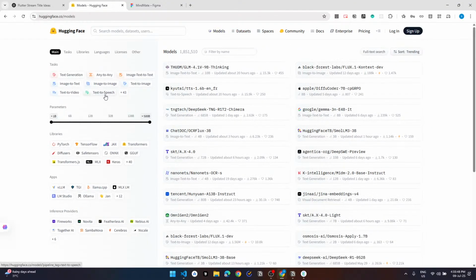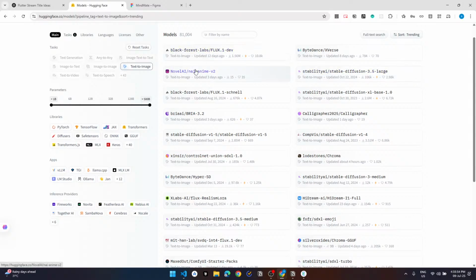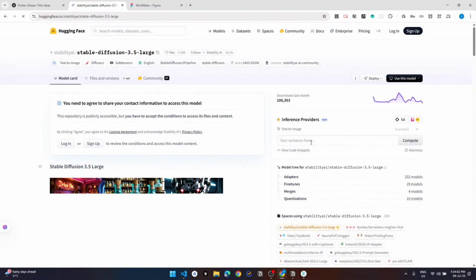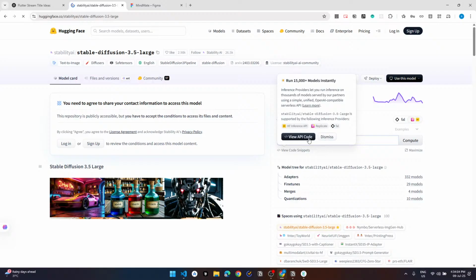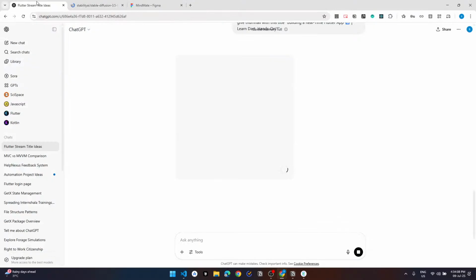Models, text to image. We're going to try this Stable Diffusion because even ChatGPT is so slow, man.